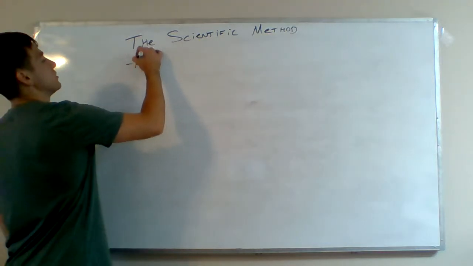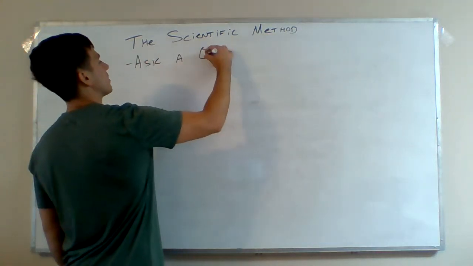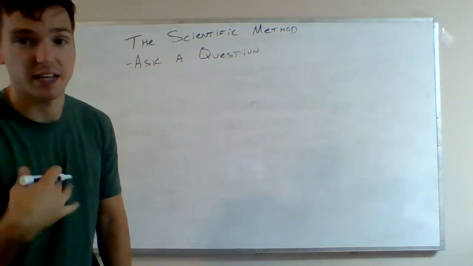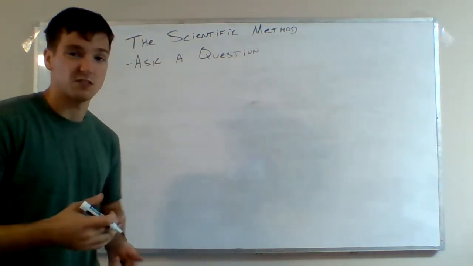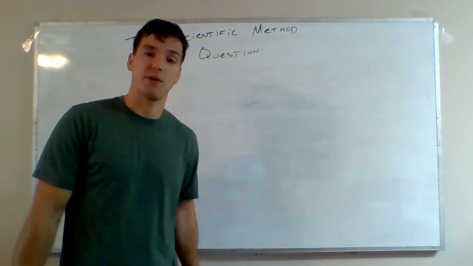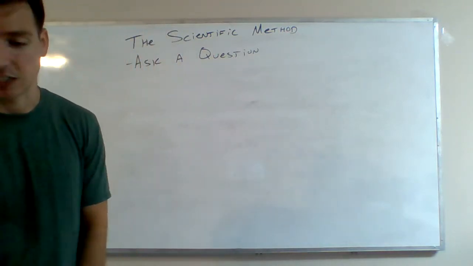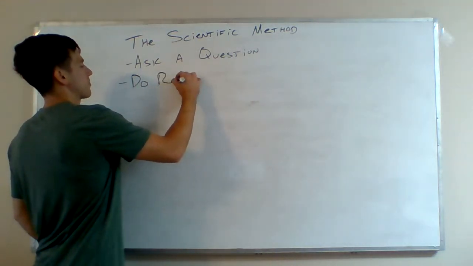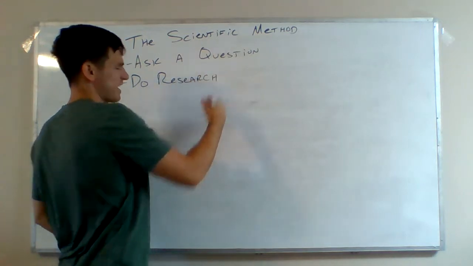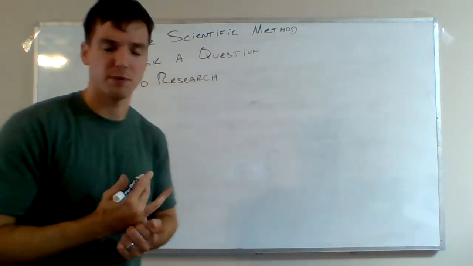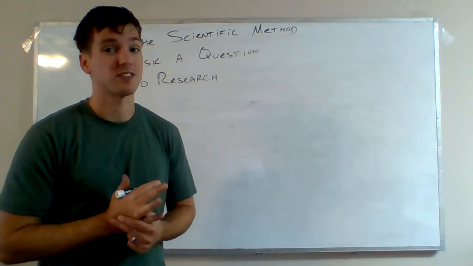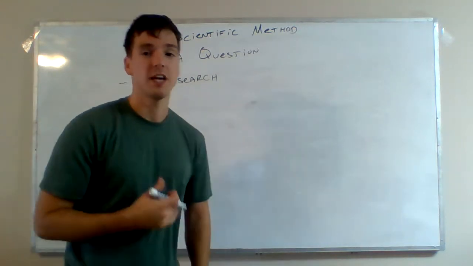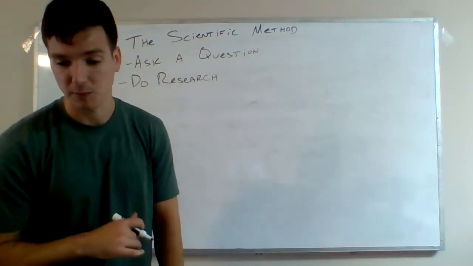So the first thing we gotta do is we have to ask a question, okay? If I inject this person with a chemical, will they get cured of cancer? If I develop this new type of solar panel, will it increase the output of energy? Okay, that's how it all starts. And then what we might do first is some research. We might say, have similar solar panels been done like this before? Has this chemical process shown any promise in any other types of people? Okay, we might do a little research and see if we're going to be performing an experiment of some sort,